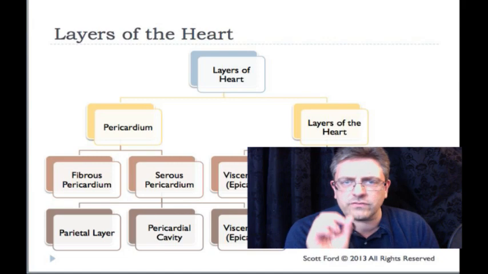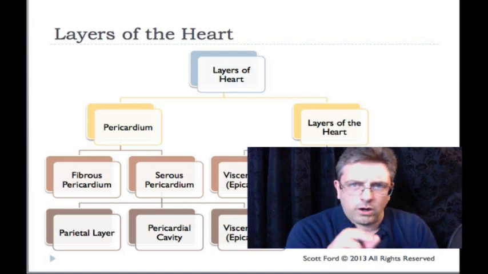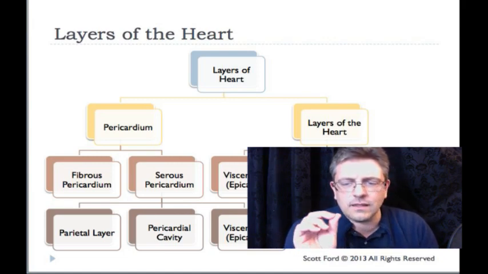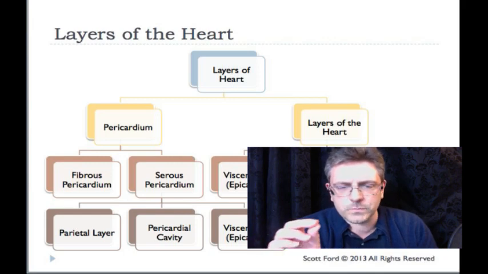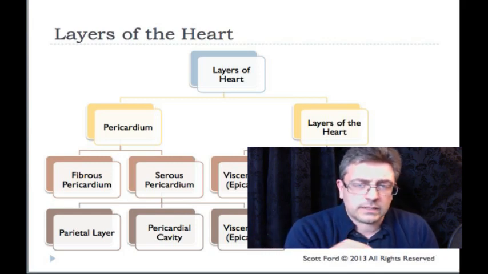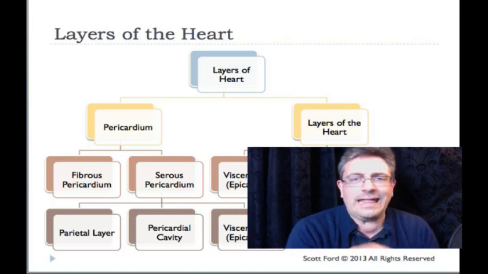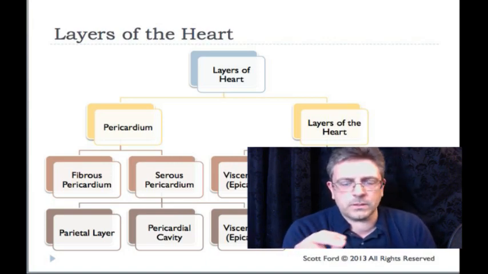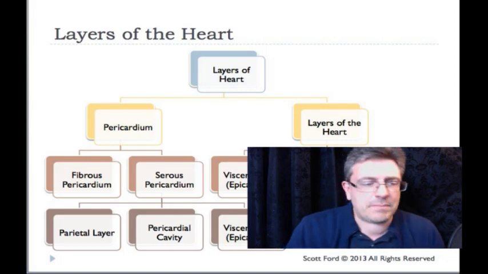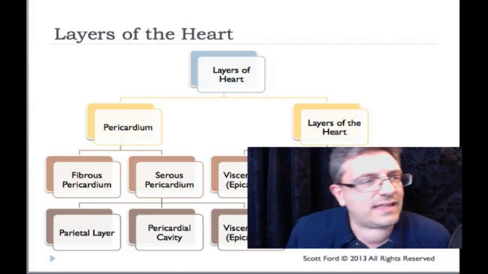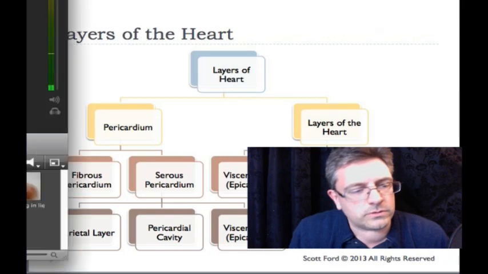Again, the two layers of the heart are the pericardium and the heart itself. The pericardium is composed of the two layers. It's composed of the fibrous pericardium and the serous pericardium. The serous pericardium can be broken down, and let me see if I can get a better picture of this for you